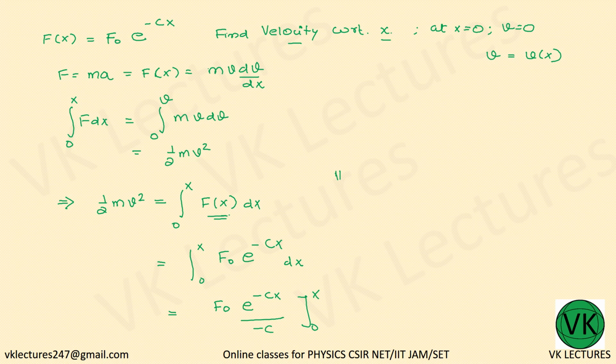So minus f naught e to the power minus cx by c from 0 to x. Since we have the minus sign, we will go with the lower limit first, so that's equal to f naught by c into e to the power 0 is 1 minus e to the power minus cx. So in the end we have